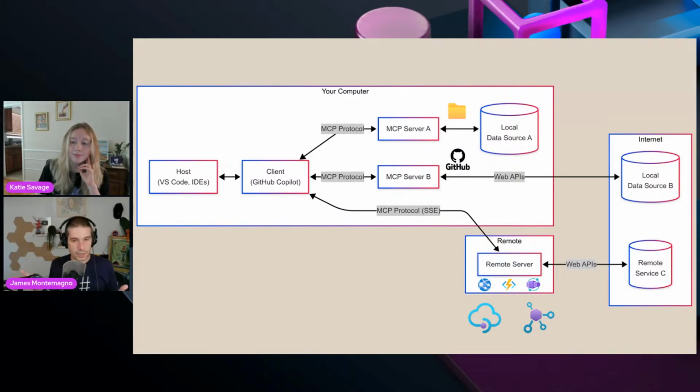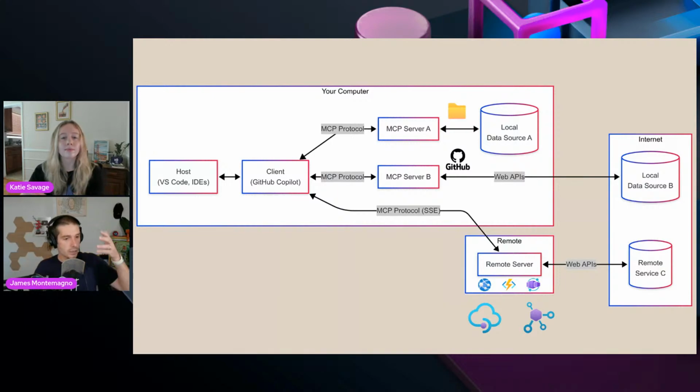Exactly. And actually, the GitHub MCP server started as a container. So like you said, they could be an app. So it could be like a .NET app, a Python app, a Java app, anything. There's the MCP SDKs for basically every programming language that can run on your machine. But for interoperability, containers are often a great option.